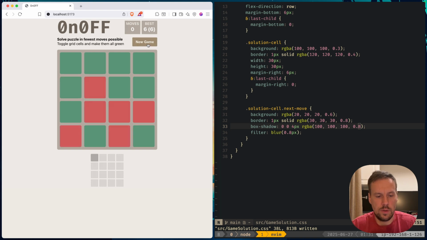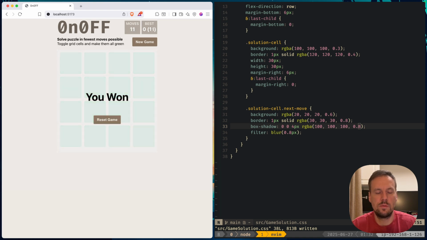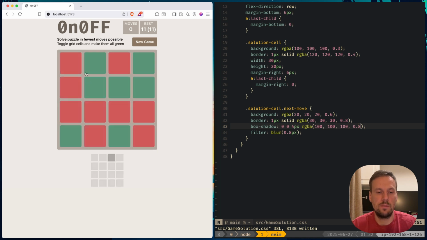So all we need to do is check whether the solution actually works. So let's try to follow it. It says 11 moves to solve the board. Let's start. Nice. It's actually, and yeah, 11 moves, and 11 moves was as our solver said. We can reset the game, same state, same solution, which is really great,